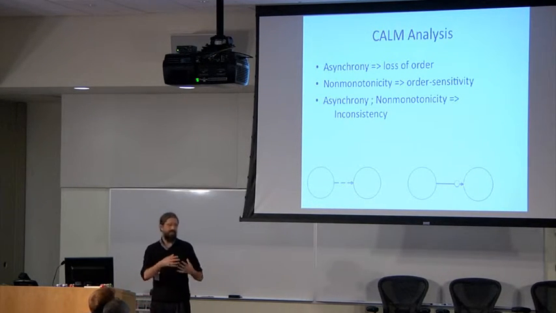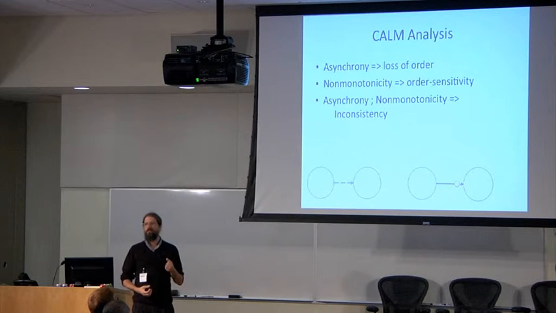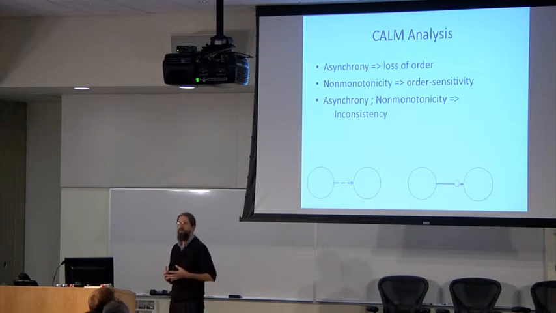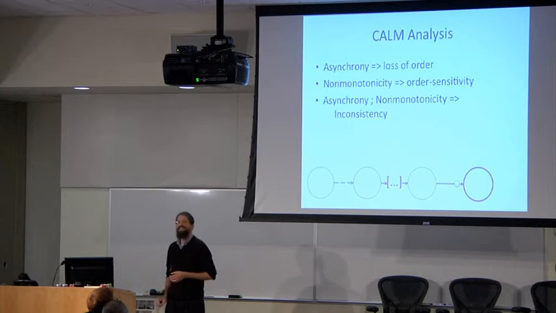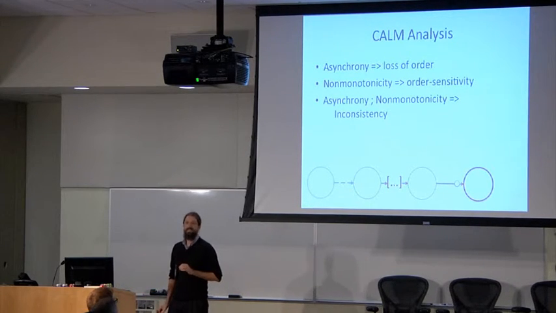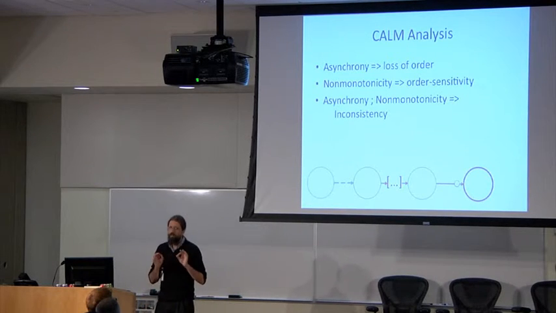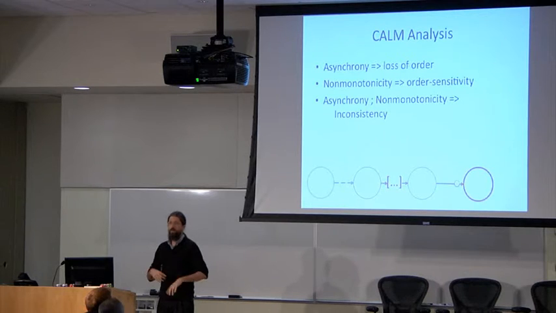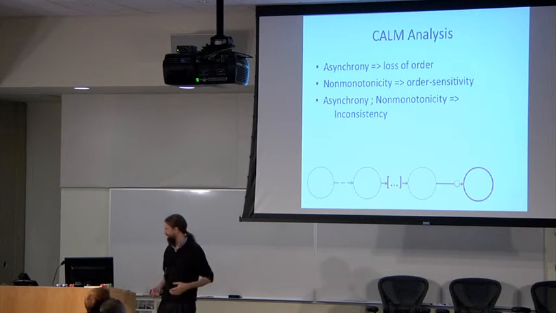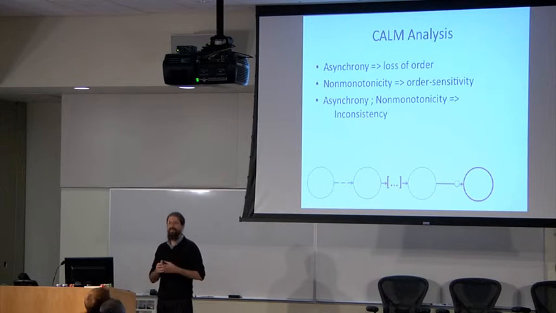When asynchronous data flows into a non-monotonic computation, when you do something that loses order, and then it turns out you cared about the order, that's what makes distributed systems hard, okay? We're gonna taint that data as potentially inconsistent. Now, what do I mean by inconsistent? Well, I mean something really simple right now by inconsistent. I mean non-deterministic, like you run your program, you observe a bug, you run it again, you don't see the bug. You don't know when you're gonna see the bug again because you get different orders on each execution and then you commit to an order.